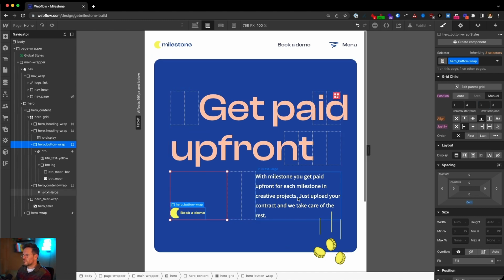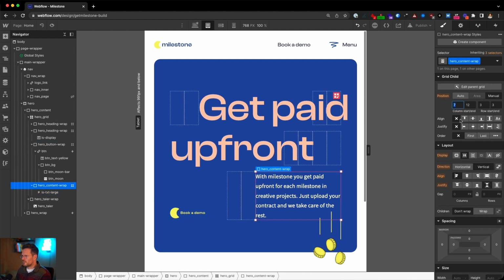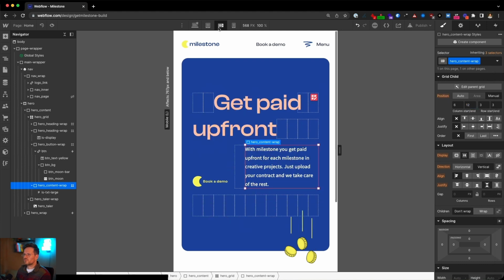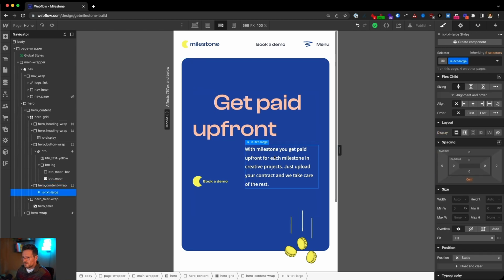Okay, looks cool. Let's also change this a little bit. It can start at row 6 probably. Yeah, can look like this. Looks fine. Let's see how it looks on portrait. I think we have to make some changes here.